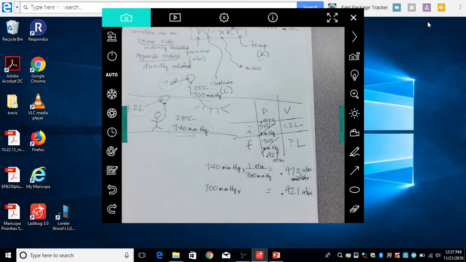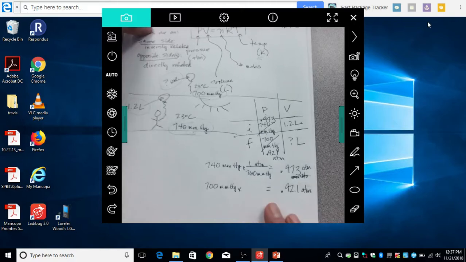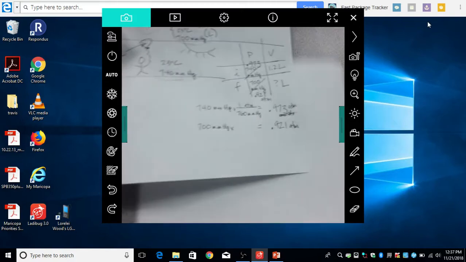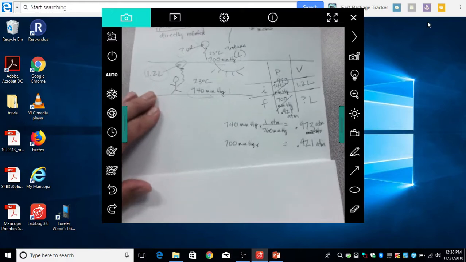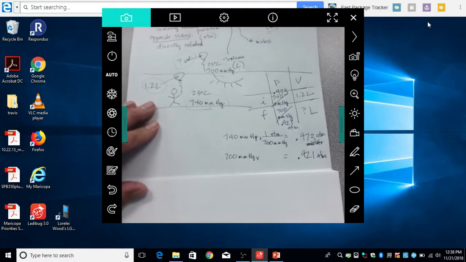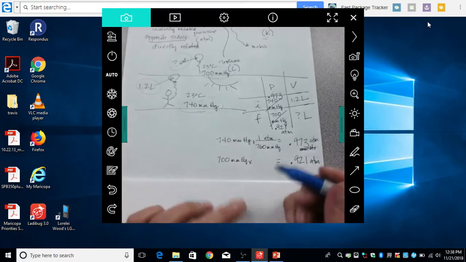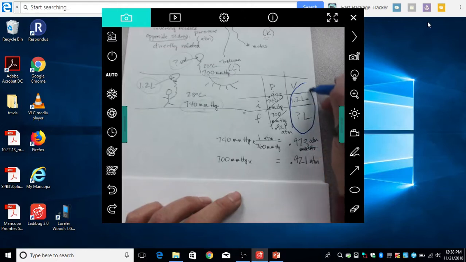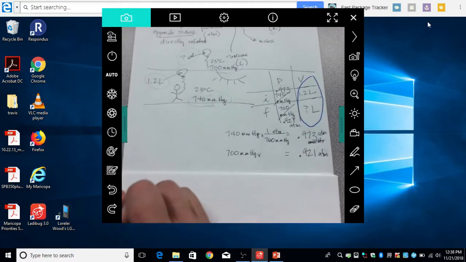All right. Now here's where the pedal meets the metal. Got to set up the problem. I'm going to show you two ways to set it up. You pick whichever way you like. I'll show you my way, and then I'll show you Corwin's way. All right. Well, you start with the thing that you know is changing. In this case, the thing that I have the unknown for that I have to solve is my volume. So that's the number I want to start with. So I'm going to start with my 1.2 liters as my volume.